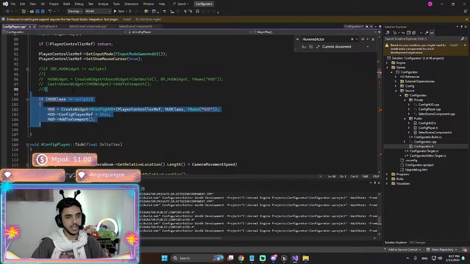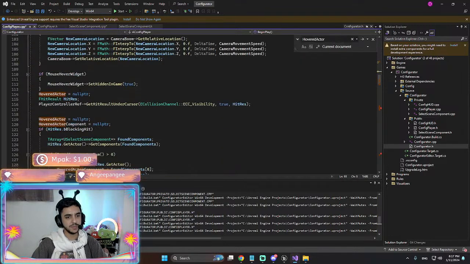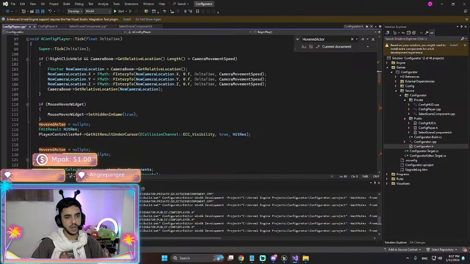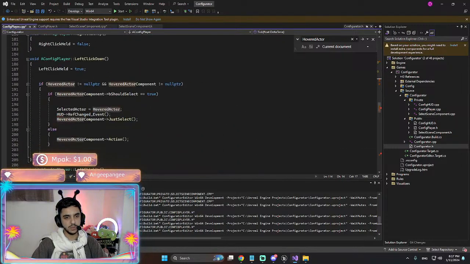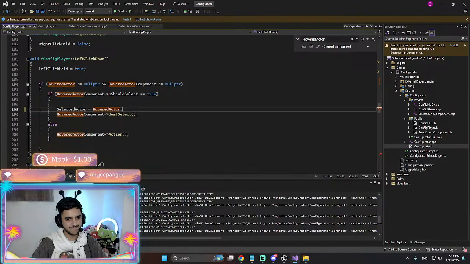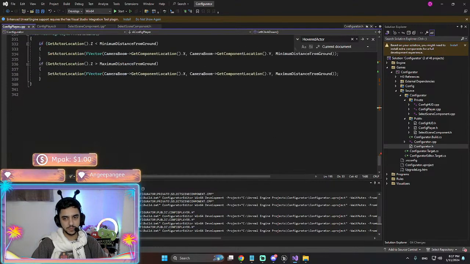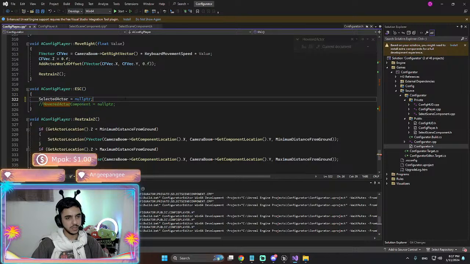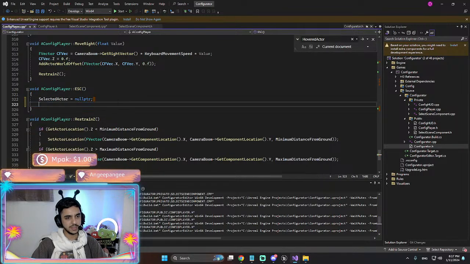I'm gonna get rid of any HUD class thingy I have that I don't use. Yeah, hover actor, we definitely use that. I don't need the HUD ref, and I don't need this part. If HUD, alright.